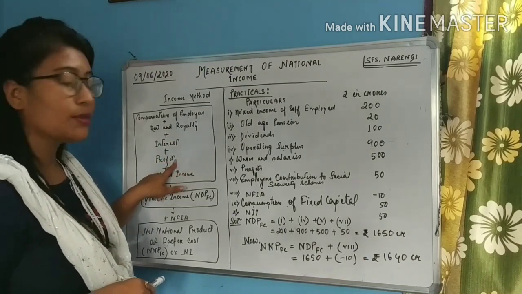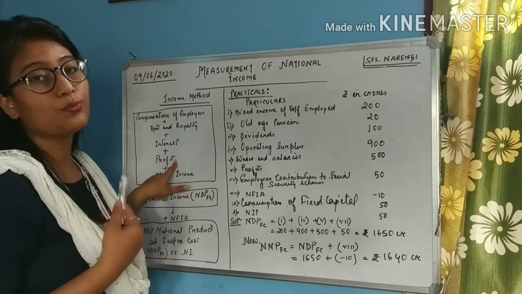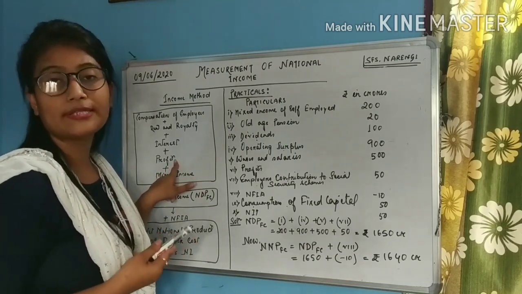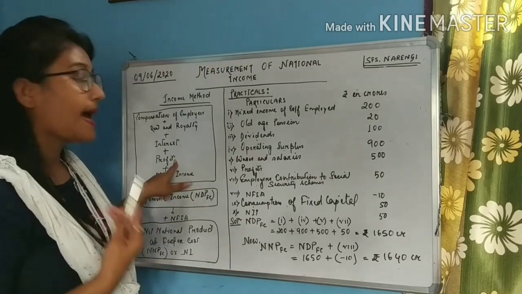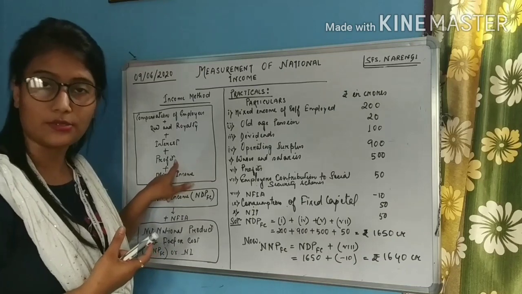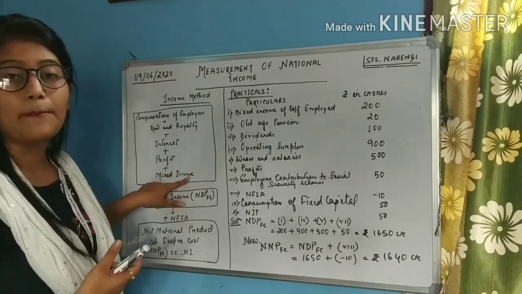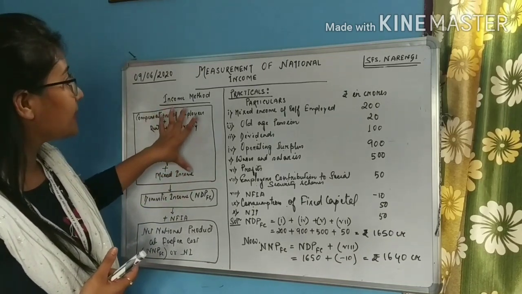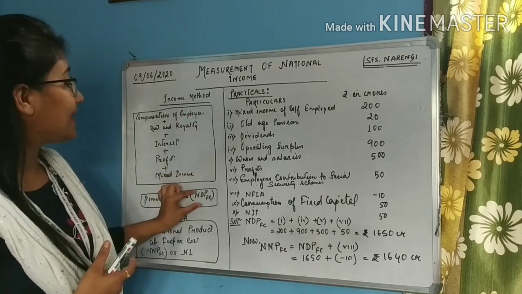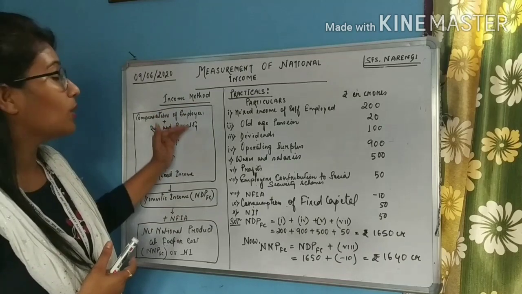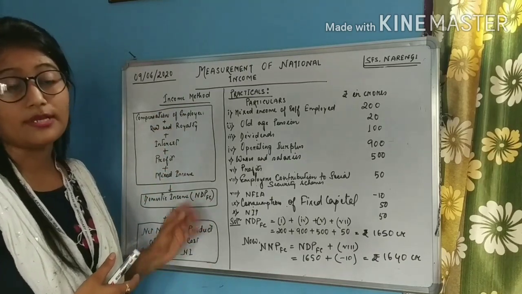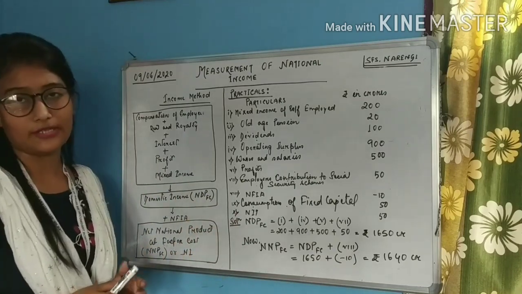The fourth one is the profit, which can be used to pay out dividends, which can be used to pay out taxes, that is the corporate tax or profit or business tax, and sometimes it is also kept as undistributed profit or the retained earnings. Okay. And the next is the mixed income. So students, after adding all these components, what we will get? We will get the NDPFC. That means adding all the components will give us the net domestic product at factor cost, or the net value added at factor cost. Okay.